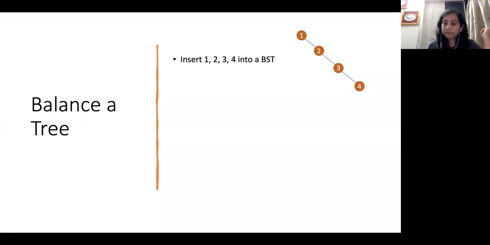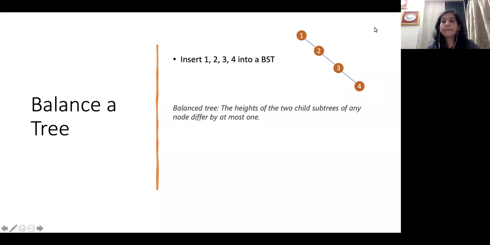So that is where the balanced tree comes into place, where what this says is that the heights of two child subtrees cannot differ by more than 1. So what that means is this would actually come down to something like this. If you have these two subtrees, the difference between them will be only 1, not more than 1. If it is more than 1, then it is called imbalanced.